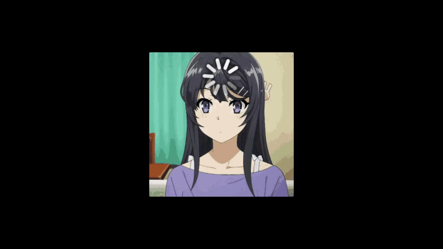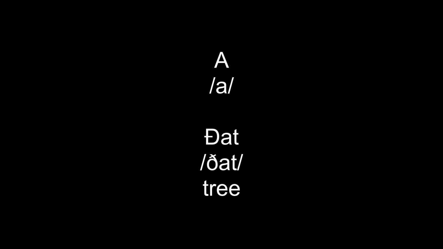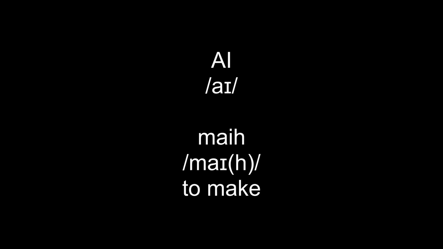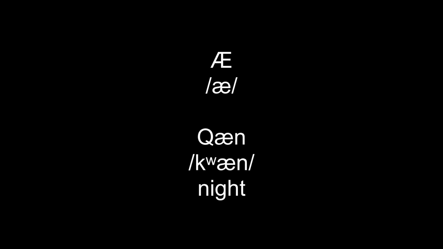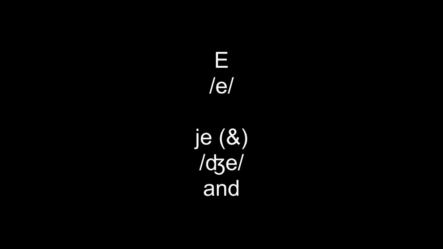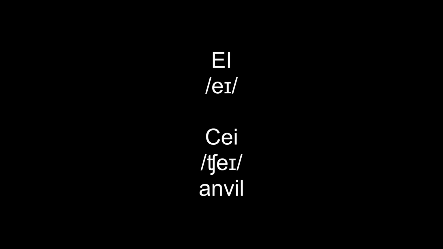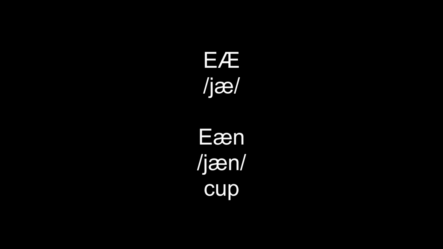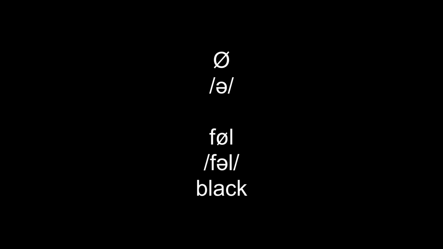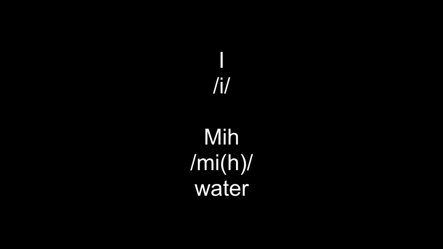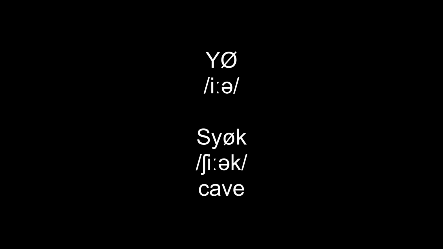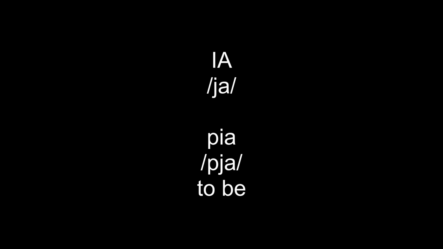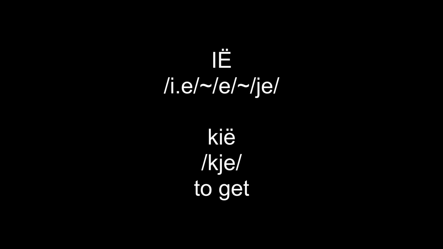Next, I'll explain the vowels. So we have A, I, A, E, A, Ya, I, Ya. This one has a variety of different pronunciations, but it's usually pronounced yo,